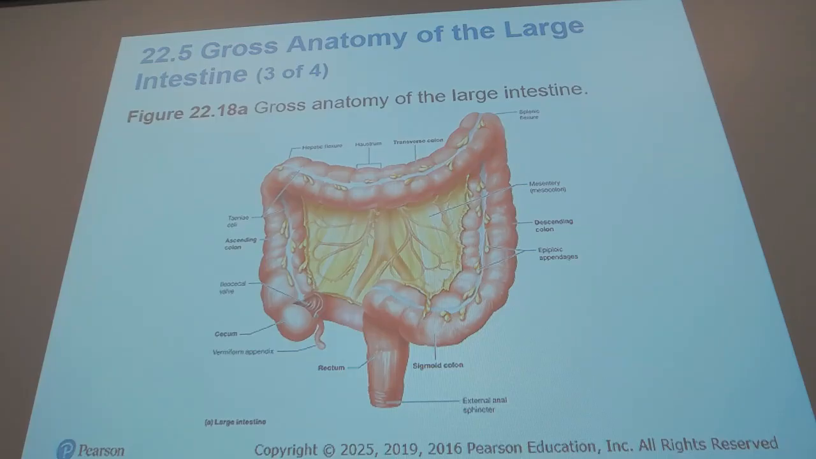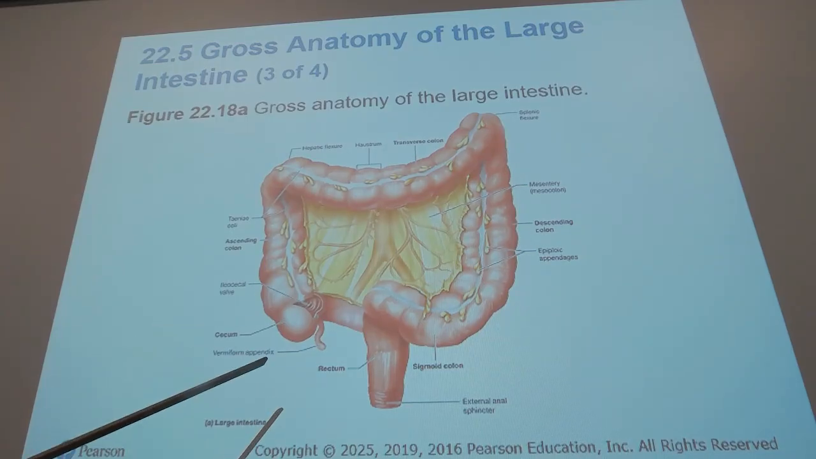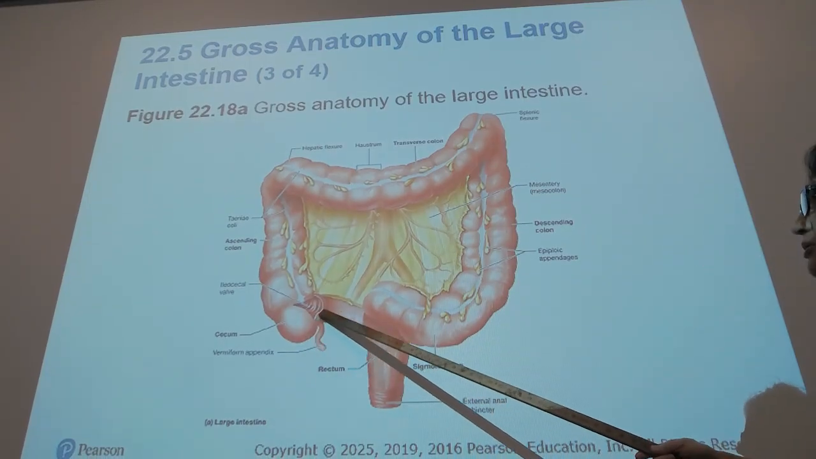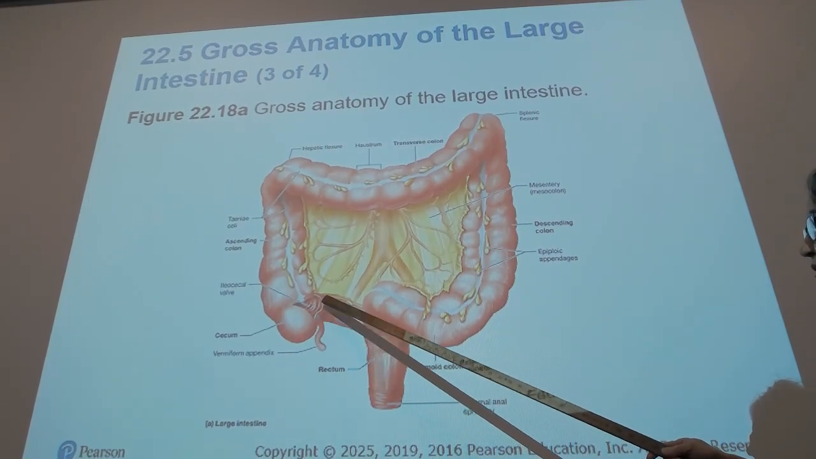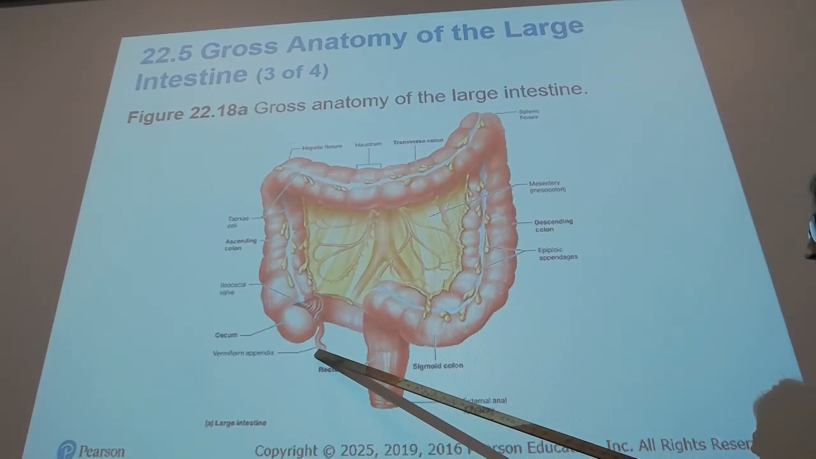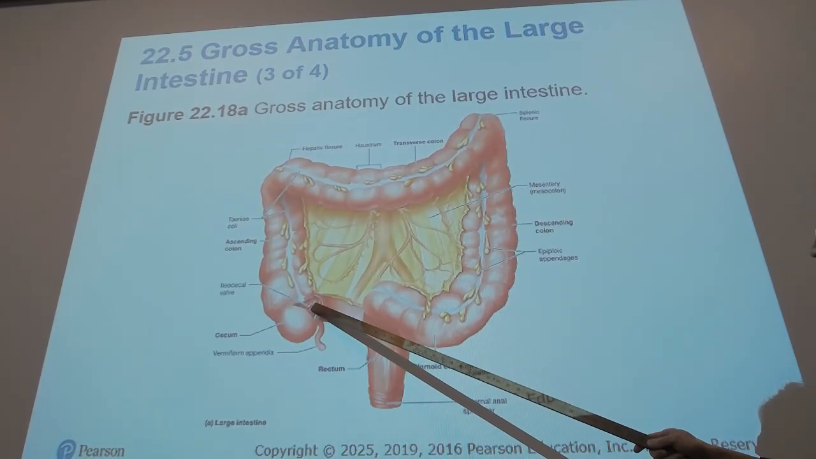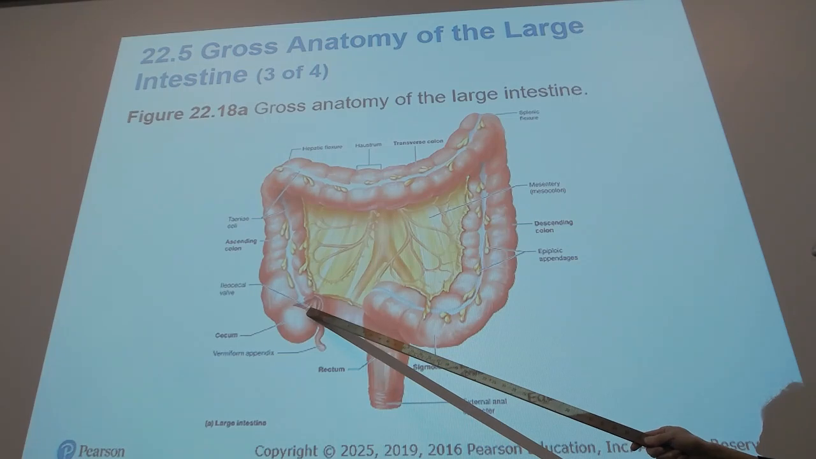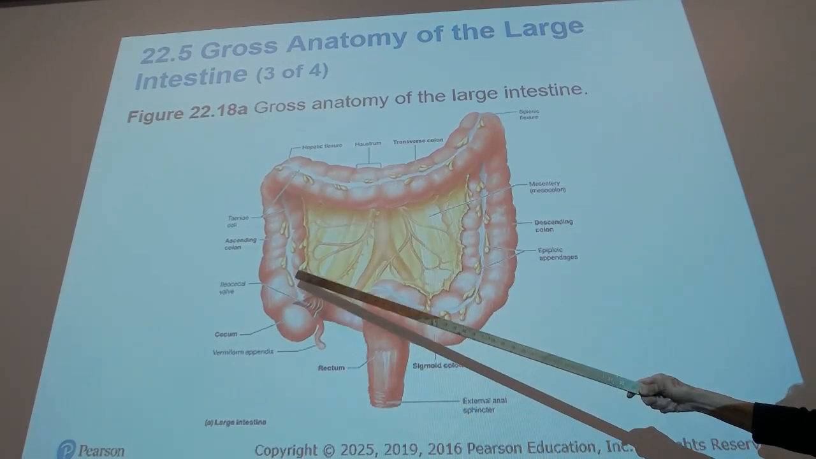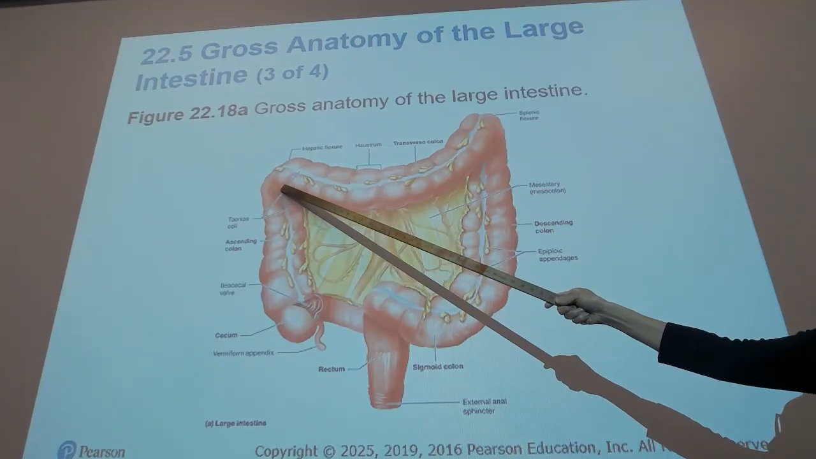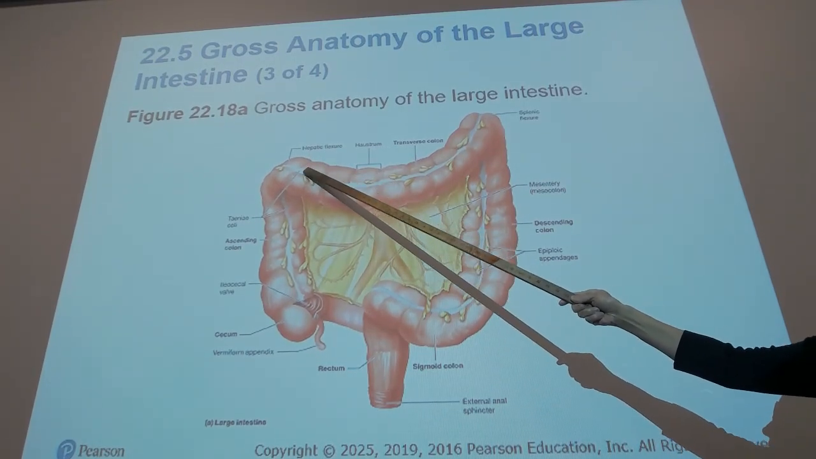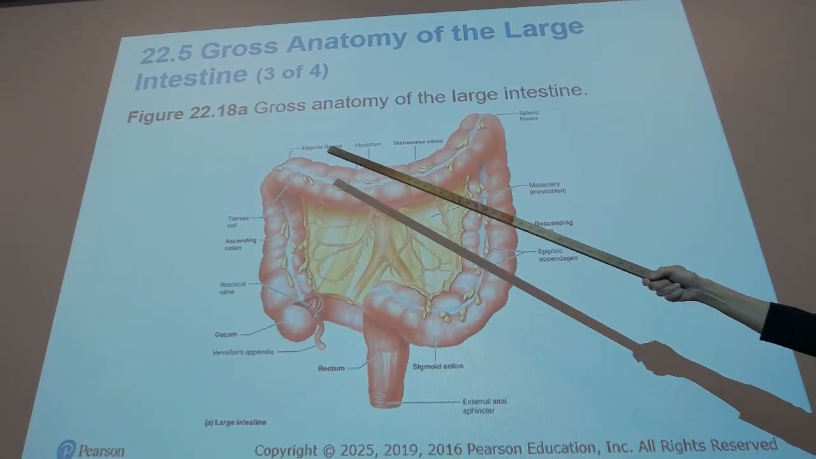Now, for the large intestine, it has this region that is called the cecum. This is the first portion. Next to the cecum, you have this extension that is called the vermiform appendix. And then we have here the ileocecal valve. And this part that goes up is on the right side of our body. This is called the ascending colon. Then the ascending colon gives a turn, which is called the hepatic flexure, and then runs from right to left, forming